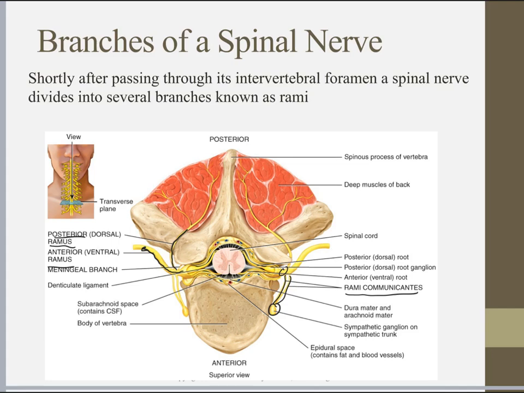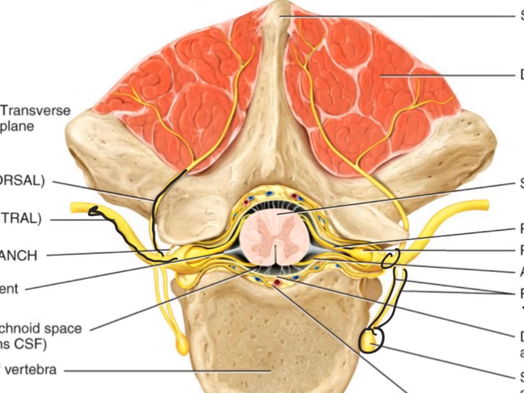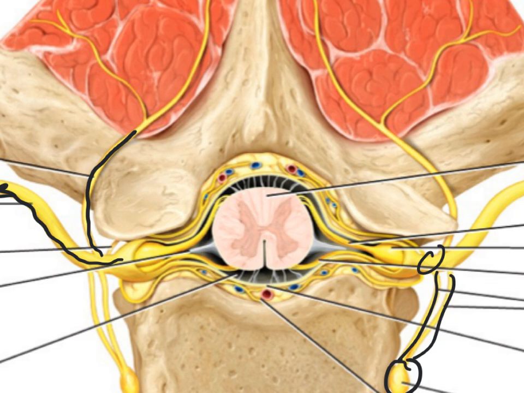And then what we can do here is actually look at these spaces and layers of the meninges that we didn't really go through before. So let's look at some of the layers, and we're going to start deep. We're going to start with the layer that's fused right here against the spinal cord, that pia mater. And you can see that white denticulate ligament, that extension of the pia mater. From there, if we go up here into these little white spaces, those extensions of